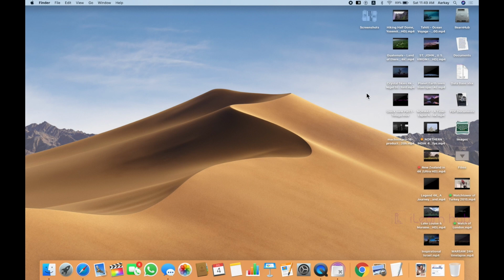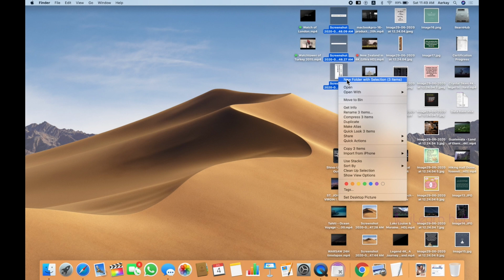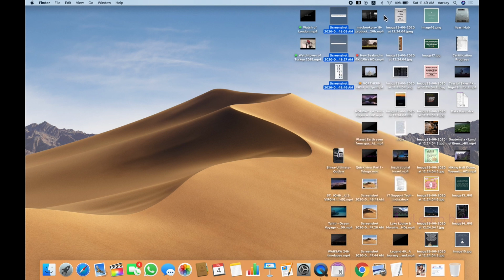So now if you look, there are a lot of icons on my desktop. Okay, so then what happens? Normally this is the typical desktop for most people on their computer. Now if I wanted to put all my screenshots together, maybe I can right click and then create a new folder. Okay, by the way, let me show you one great feature in the Mac operating system. So I'll select some of the files, maybe select one here.